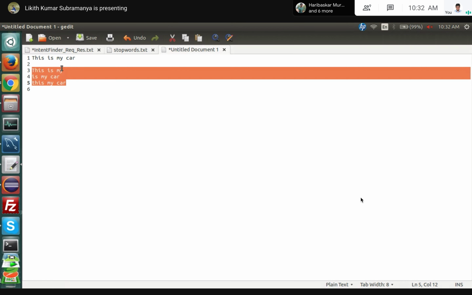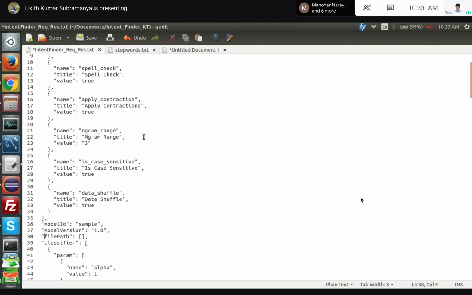It won't increase. Maybe if a sentence has 5 words, we'll remove stop words and all those things, and later we might get just a 5-word sentence, so 3 or 5, something like that would work out. As per our data, whatever we have trained, 3 has worked better, and we are removing the stop words as well.